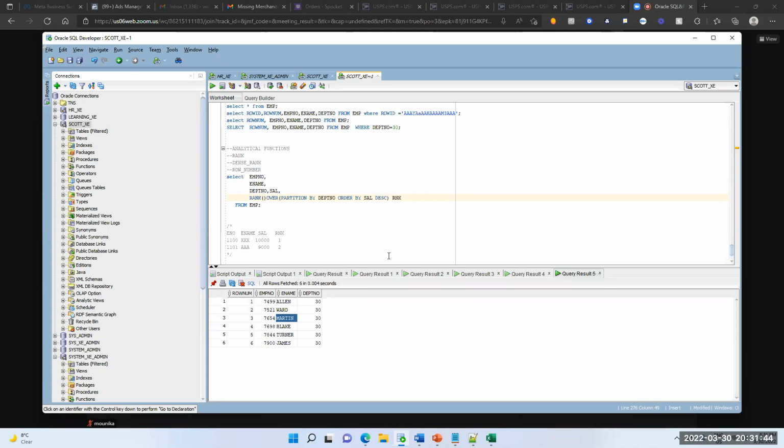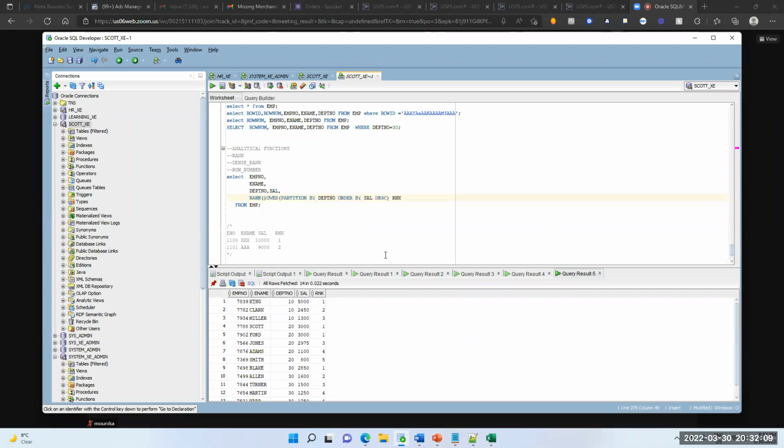Partition by department number, order by salary. My requirement is, for each group, each department, I need to see salaries highest to lowest, and for that I want to give a rank 1, 2, 3 like this. That's the reason I am writing the rank function here.